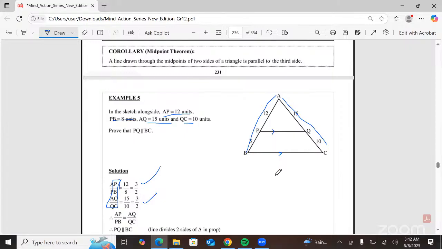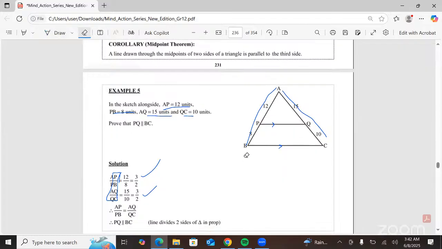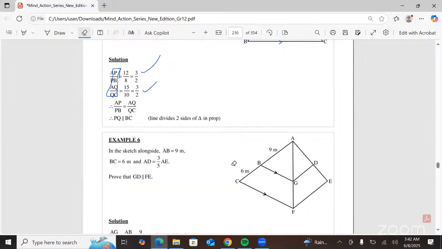Does it make sense? Yes, sir. Okay, thank you. Then let's go to this other one now. This one in the sketch alongside, we're given that AB is 9 meters, BC is 6 meters, and then AD. You can write this in this way because